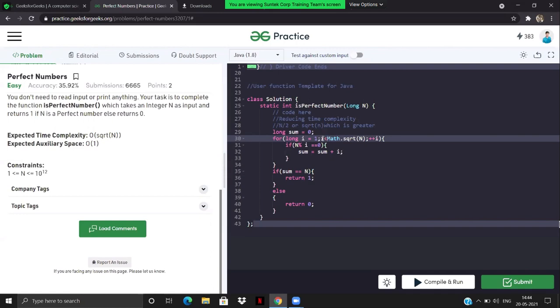Yes, please have a look at the syntax as well. Whatever we are using, you guys need to remember. Math.sqrt will return the square root of a particular number, right? When we define this as a long, which is basically a return type, or maybe you can call it a data type here, right? Because we have sum is equal to 0, in a similar way we can define the long as well.